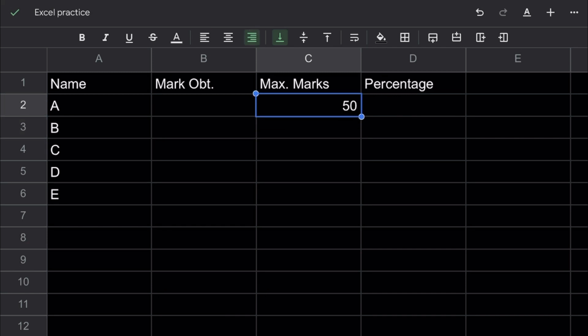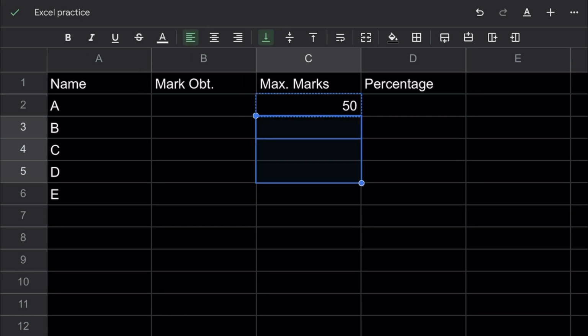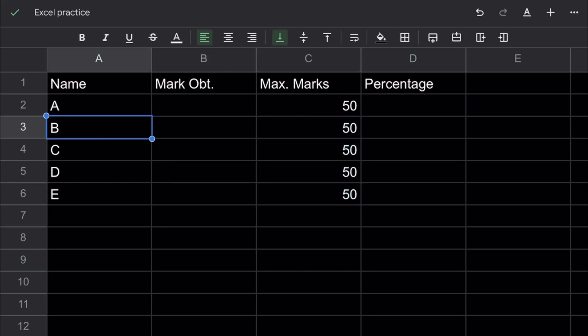So I'll just copy this from here using Control C command. Then I will paste in all of these sections. So yeah, as you can see, I have pasted all the marks, that is 50 maximum marks, and then I'll put in the marks obtained. So let's say the first student got 40 marks out of 50, then second student got 45 maybe, third student got 12, fourth student got 34, and